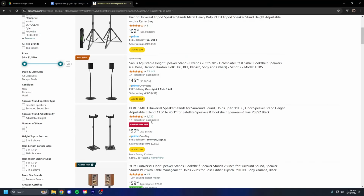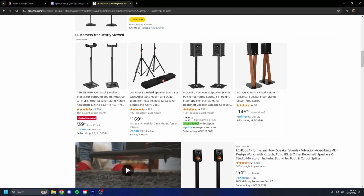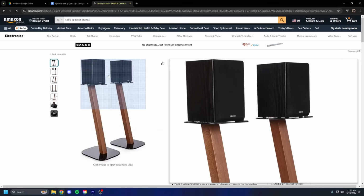There's plenty of good options for these at $100 or less. Feel free to get whatever suits your preferences and meets the other two needs that I mentioned. If you keep those two principles in mind, there's a lot of different speaker stands out there that you can get for a reasonable price, under $100 or maybe just a little over for some more